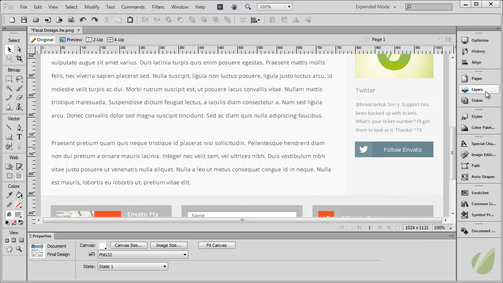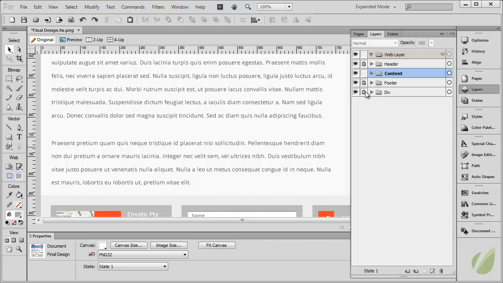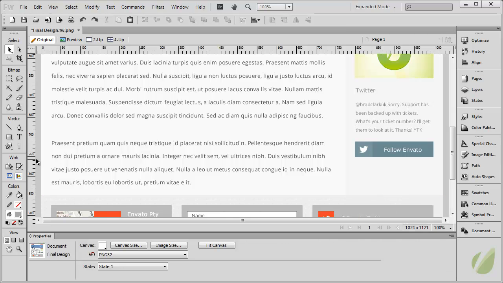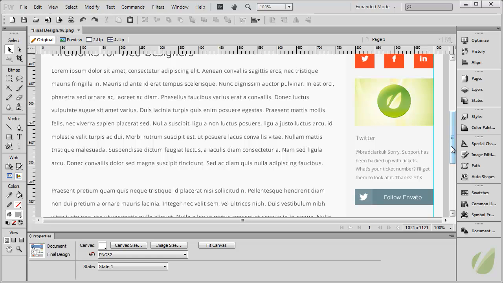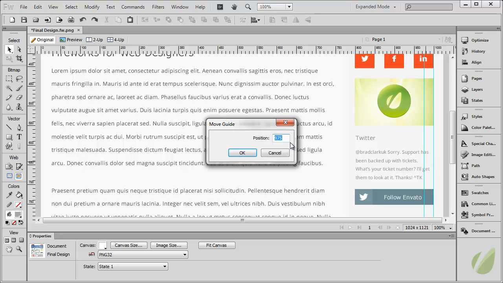with our design. So go to the layers palette and unlock the div layer. I'm going to lock the content layer right now. What I'm going to do is draw out some guides right here. So I'm going to draw out a guide that's 25 pixels from the right edge, and then I'm going to draw out another guide that is basically 25 pixels from that margin as well,